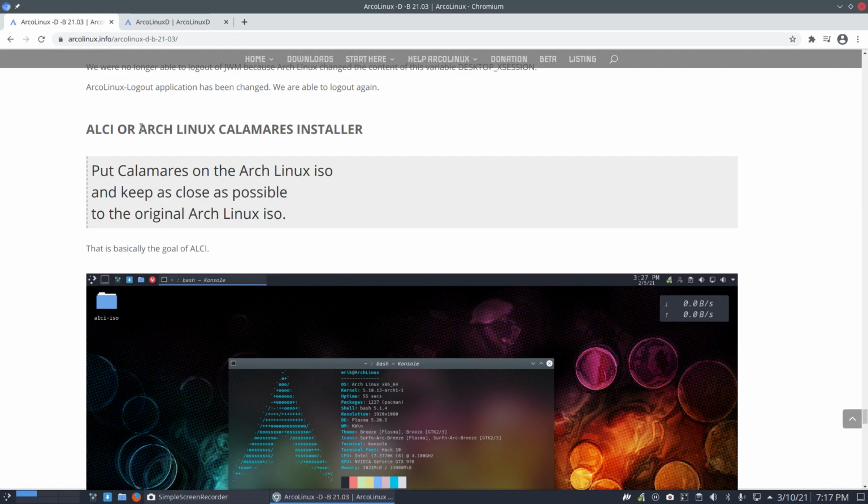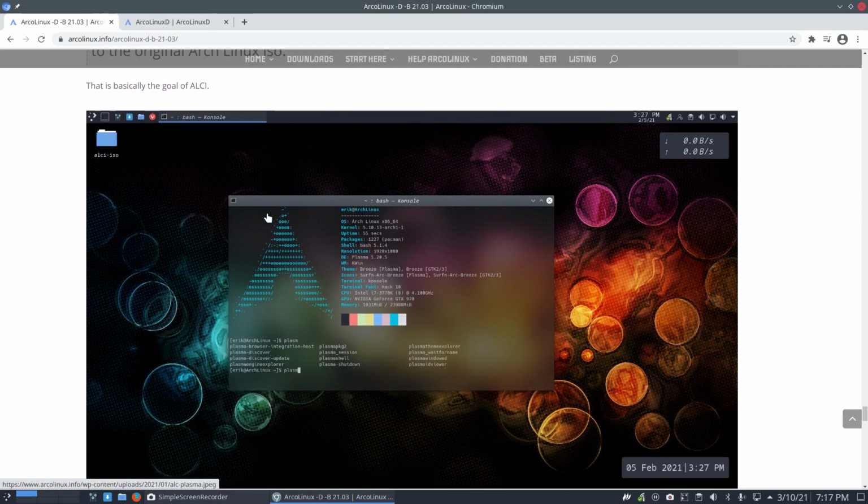This is the idea here: let's put Calamares on the ArcoLinux ISO, as little as possible having an impact, and as virgin as well, to get the ArcoLinux feeling on your machine. Keep as close as possible to the original idea of the ArcoLinux ISO. And of course, if you are creating these packages,